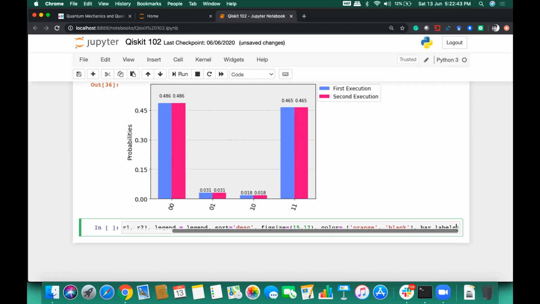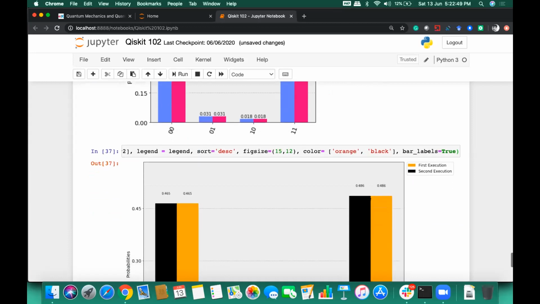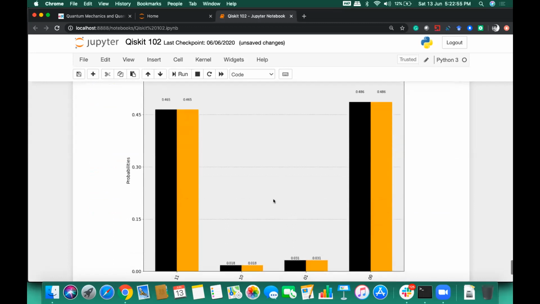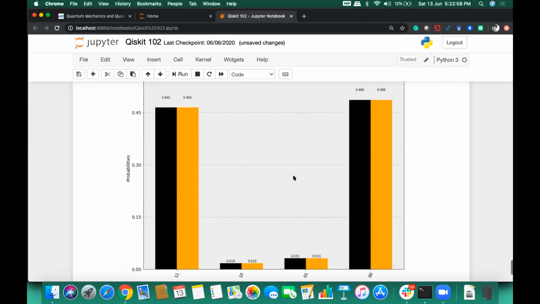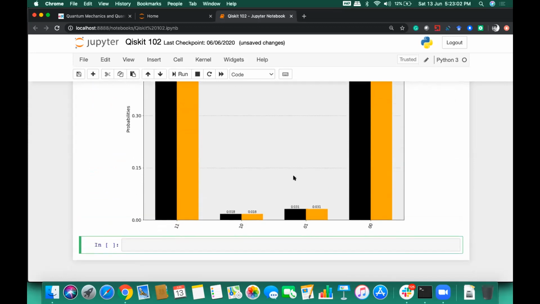First I will give bar labels true, and then I will give false. So you can see I have the bar labels here. The color of both the executions has been changed to black and orange. Even the figure size has been increased. So these are the sorts of customizations we can do to make the graphs more user appealing. Okay.